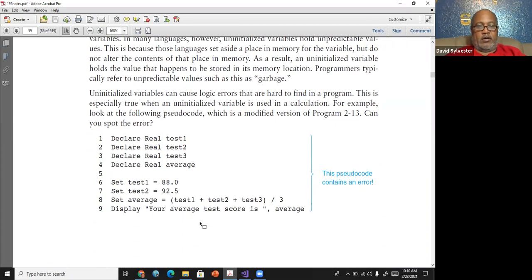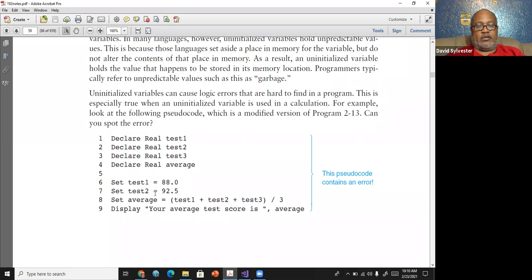Like I say, all this does is kind of explain. Now you're declaring a double or float to be test 1, test 2, test 3, and average. So all these variables are declared, right? They're declared to be real numbers, decimal numbers. And what they did here, they assigned test 1 to equal 88.